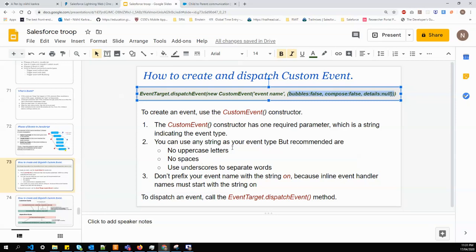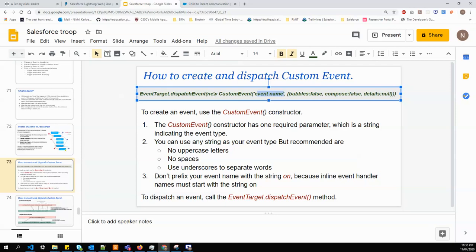And if you have a bigger name or you want some meaningful name, use underscores to separate the words. Never ever give a name that starts with on, because when we use this event, LWC understands that event with the on keyword. I'll show you how to call this, then you will get to know.